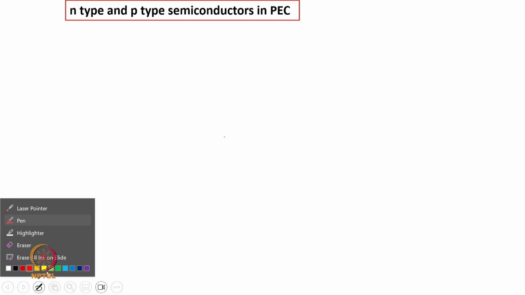So if we just look at this, let me draw a setup something like this. Let us draw a PEC setup.